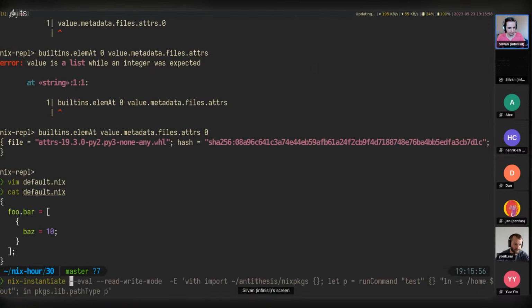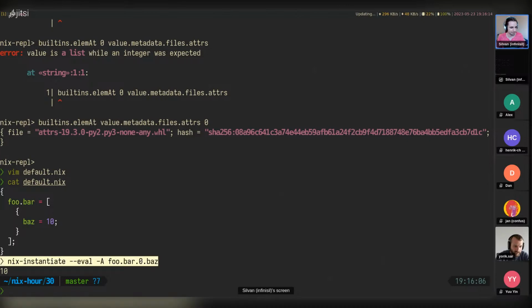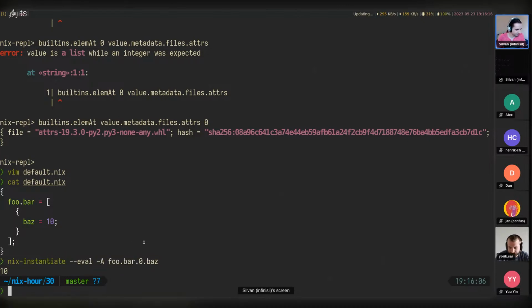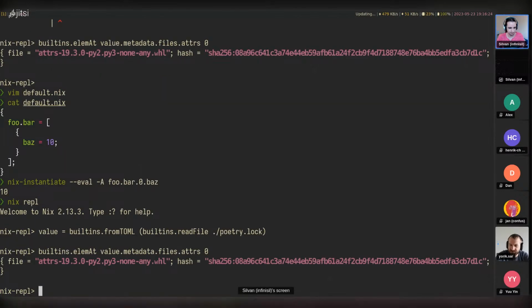We can do nix-instantiate --eval -A foo.bar.0.baz. This will get us to the 10. So this is only a CLI thing, but it is very convenient. And yeah, so the lock file, what we can do now using this value. Why is it only in the CLI?